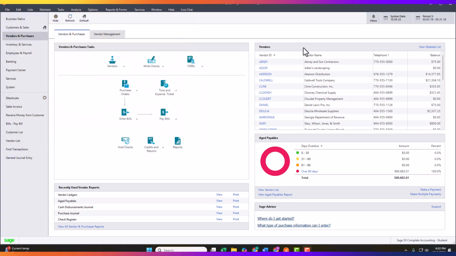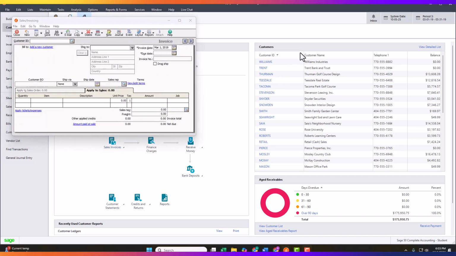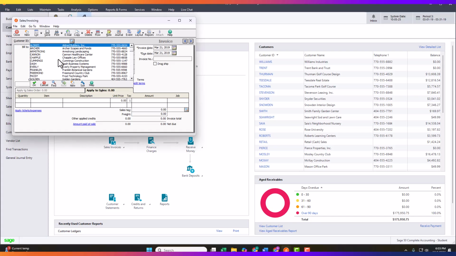Next, we're going to send a bill to Franklin for a drip irrigation system related to this job. And to do that, we're going to go to our customers and sales area of the navigation bar. And since we're doing an invoice, we're sending our customer a bill. We're going to select sales invoice and then new sales invoice. The date of this transaction is March 21st, and the customer ID is Franklin, so we find them in the